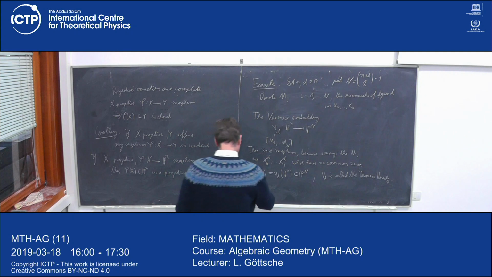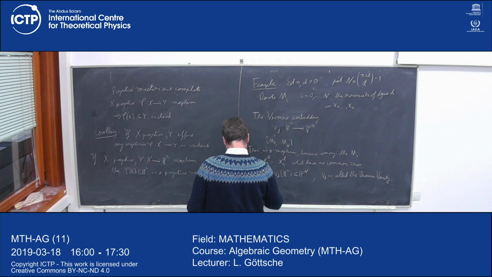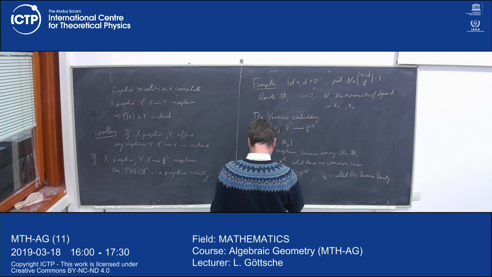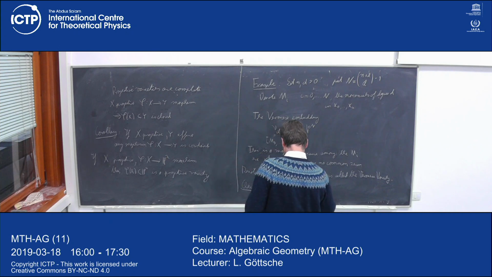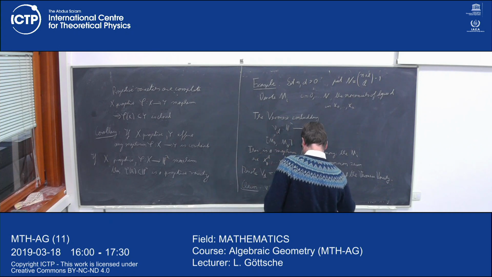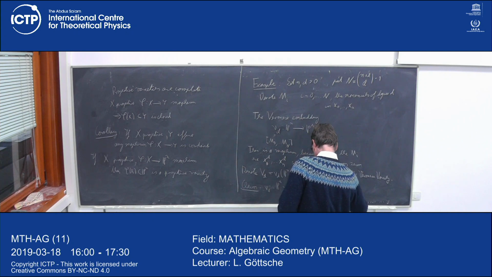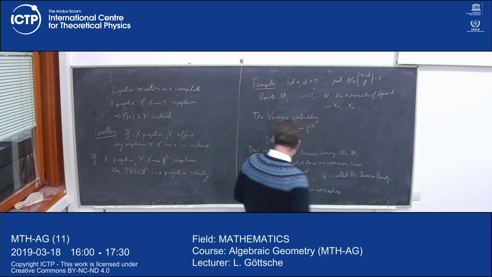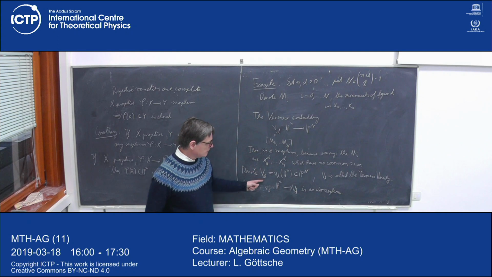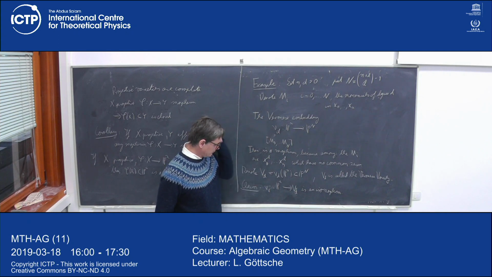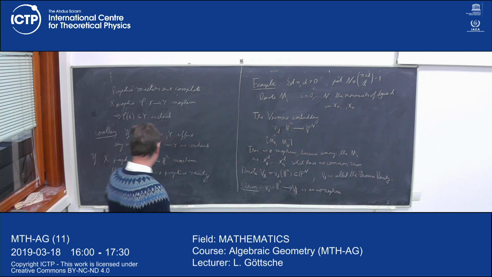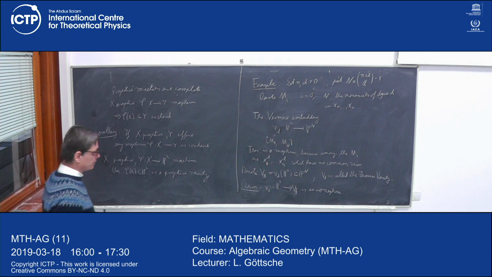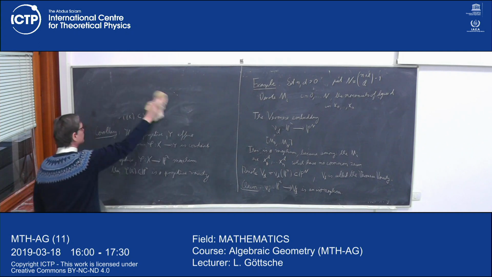But now the claim is that this thing is an isomorphism. So, as I said, this V_d is by our theorems a closed subvariety of P^N, and so this makes sense. We could try to look at the inverse map. Let me first